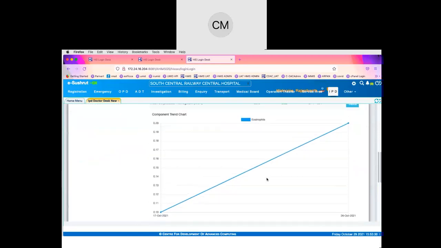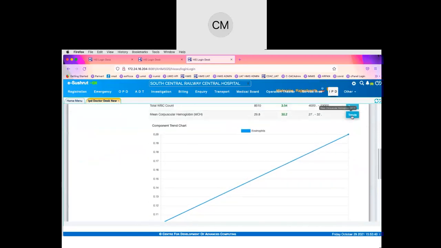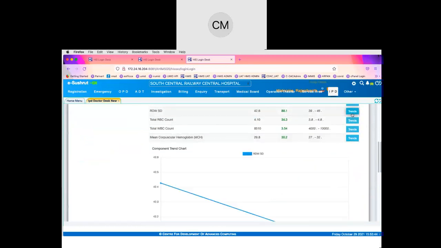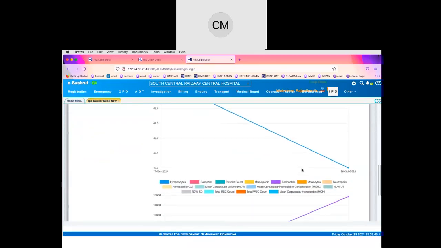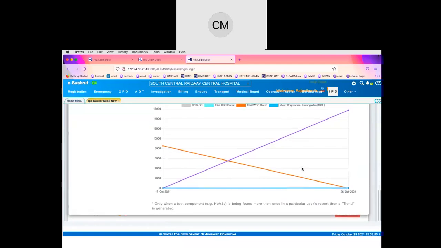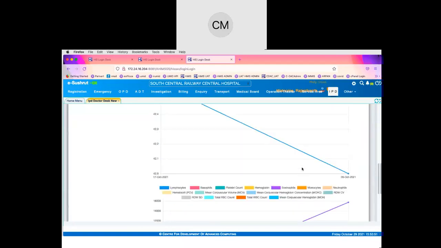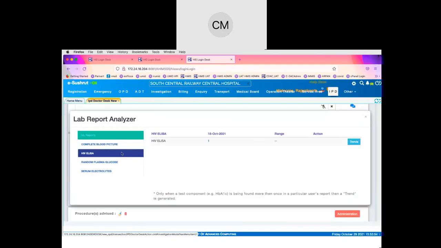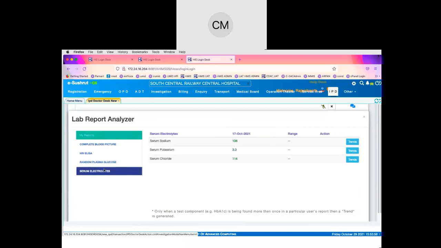You can see for 2 different dates, it is a linear graph. If there are more than two dates, we'll probably have a different pattern. This will be very handy for the doctors to easily understand the patterns of various parameters.